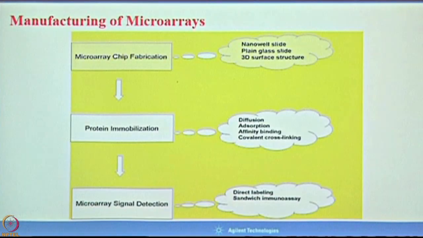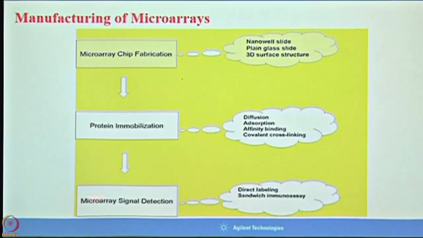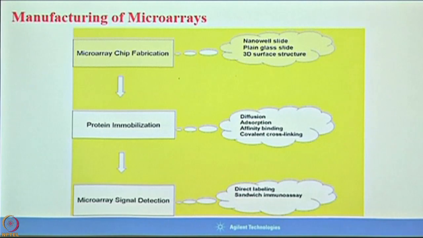So basically, on the glass slide, which is a different type, like a plain slide, or this is the 3D slide or nano wells, you basically do the fabrication, means you can put the protein immobilized and then choose your samples, like it might be serum, it may be anything, and hybridize on the slide, wash it and go for scanning. So this is the whole process, we make the slide in that way, right?